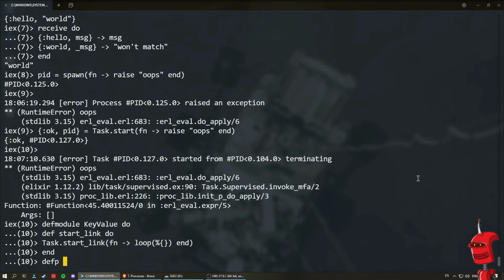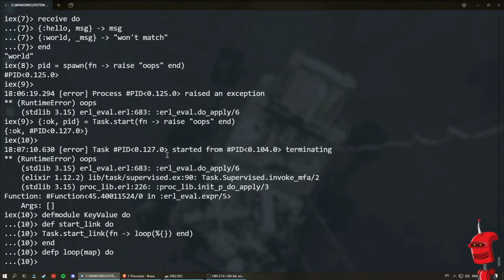And we define our loop that accepts the current state of the process, and it's going to be a map. We're just going to call it map, and for starters it's going to be an empty map, so no key value pairs in there, but then we can call the process to add and get stuff from there. This function is only going to call receive,